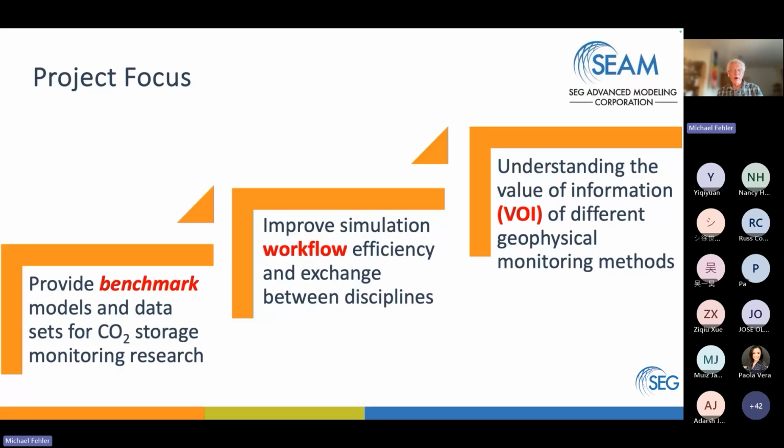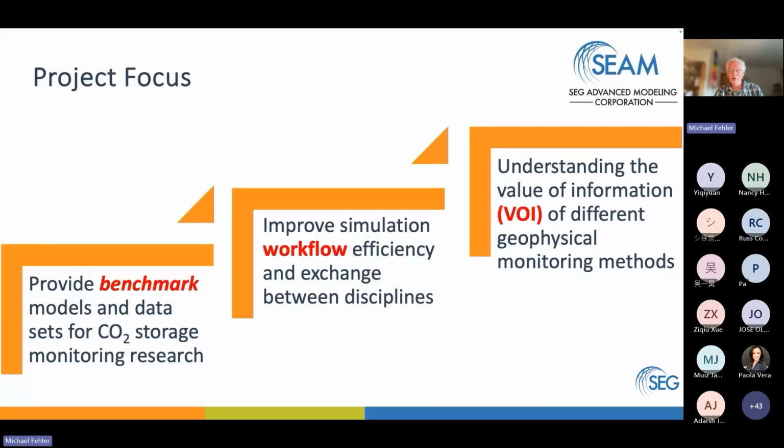So we're trying to provide benchmarks, models, and data, improve overall simulation workflow efficiency, and particularly the issue of exchanging between disciplines, going from geology to reservoir simulation to geophysical simulation. And then ultimately, we would like to understand the value of information of different geophysical monitoring methods. You may draw some conclusions from what I show you today, but again, right now we're thinking that the understanding of the value of information is somewhat field dependent and somewhat organization dependent. So that will be up to our participants and others to take the data we've generated and evaluate value of